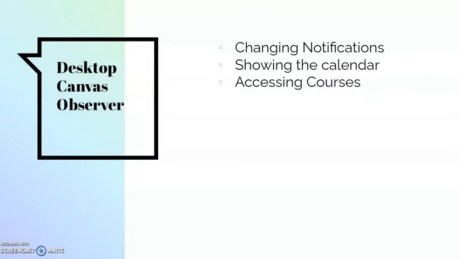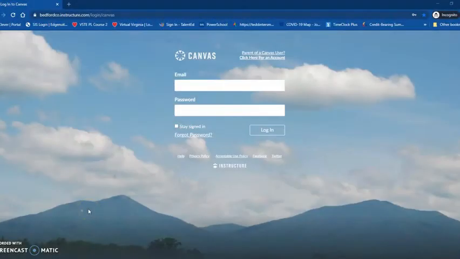So with that, let's go ahead and jump into what we can find on the desktop version of the Canvas Observer account. We're going to talk about changing notifications, what it looks like on the calendar, and how to access courses. As a reminder, when you are going to access Canvas on a computer, you will need to go to the website